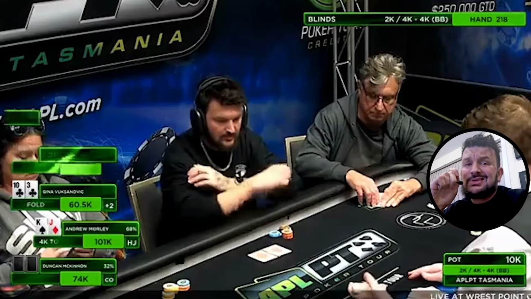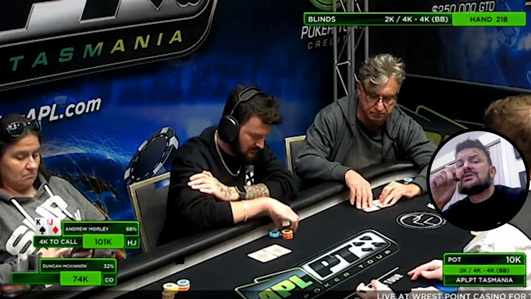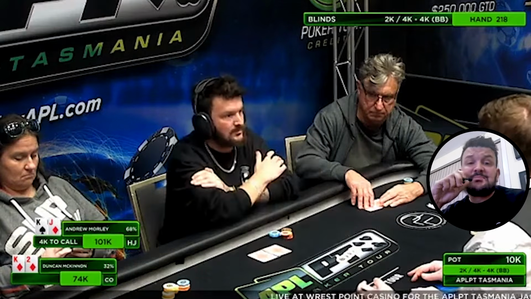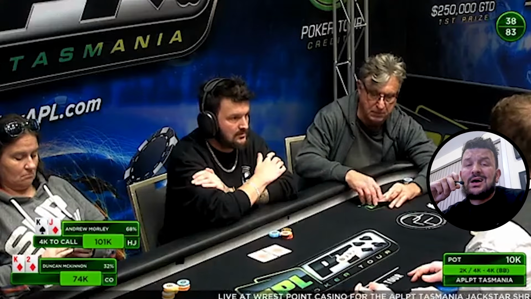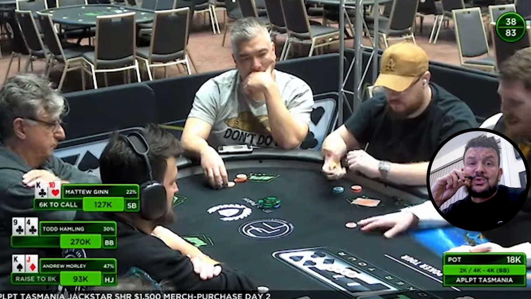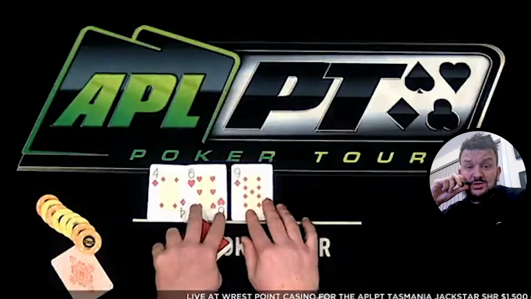Seeing as King Jack suited didn't do me any good, let's try the double suited variety. So it folds to me, I'm in the hijack and I raise. Seeing that the big blind isn't at the table yet, hoping to get a little bit of free money, it folds to the small blind, who calls. We're heads up to the flop, which is 4 of diamonds, 9 of diamonds,